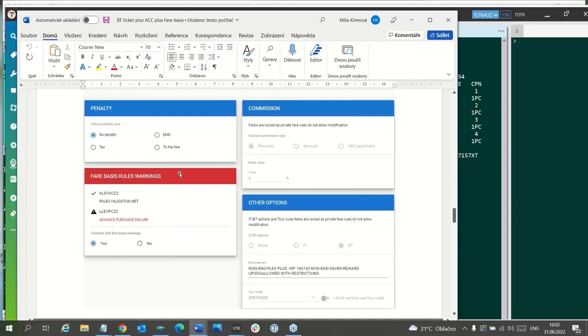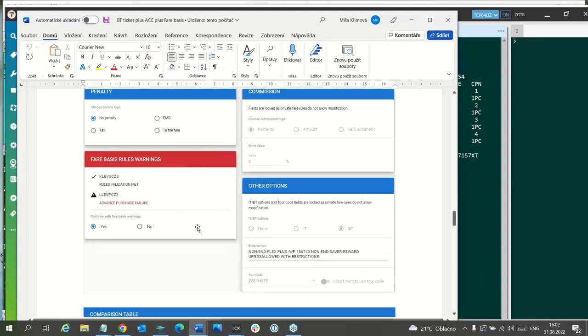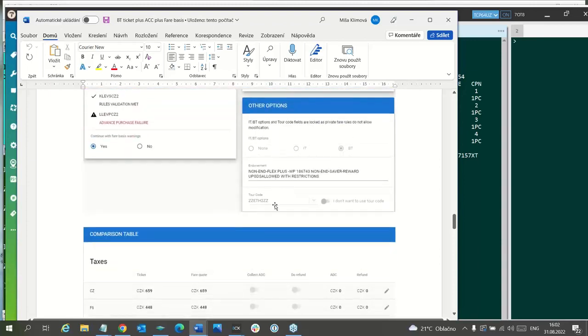Yes, so this is very important. When you are using pricing with fare basis, this table must always be checked. And that's all.